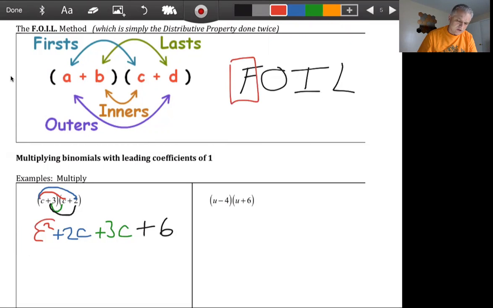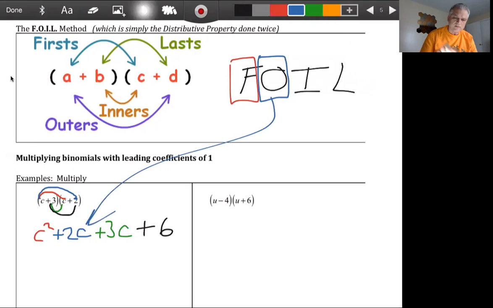So the C squared was our F. And then we took the C and we multiplied it by 2. Well, that meant we took the first term and the last term, and they're like on the outside. So in FOIL, they call them the outer terms. So we use blue to get C times plus 2. So the outer terms